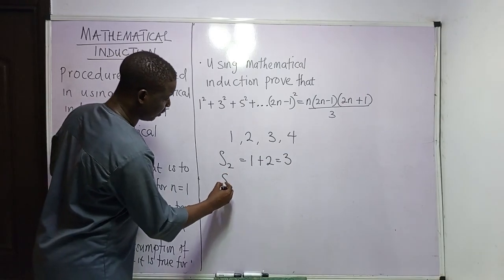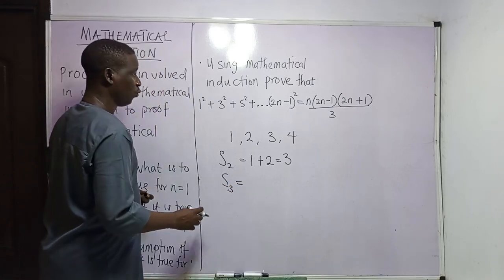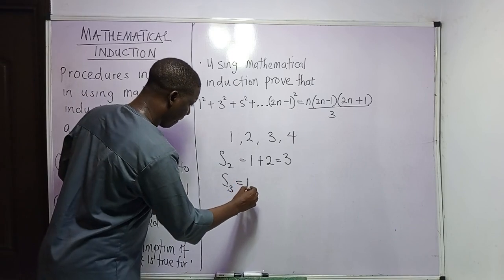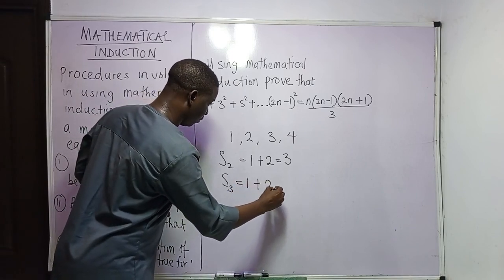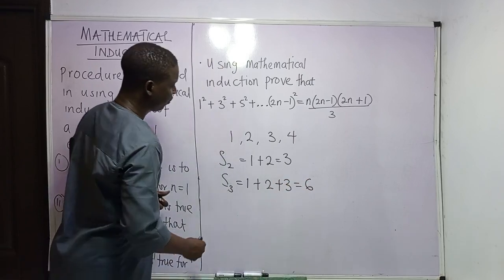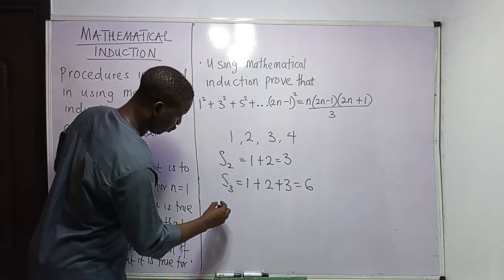What about the sum of the first three terms? What are we going to do now? The sum of the first 3 terms is 1 plus 2 plus 3, and that will give us 6. So in this case now, what we are going to do is to say